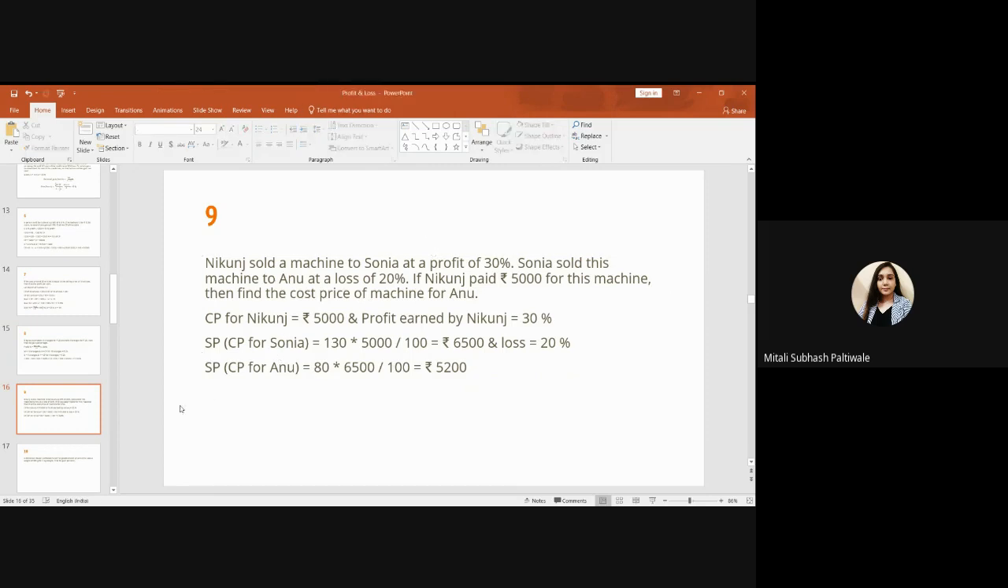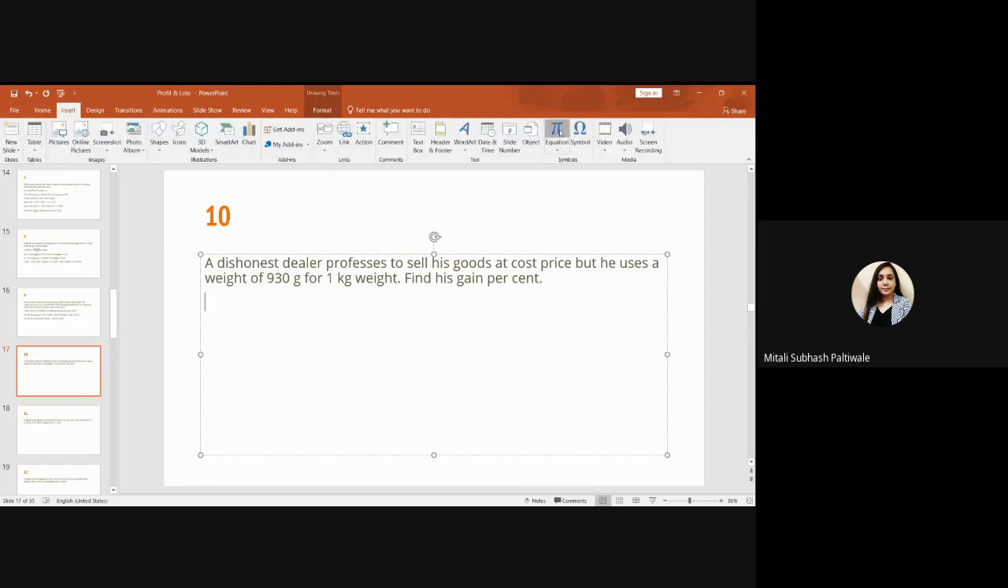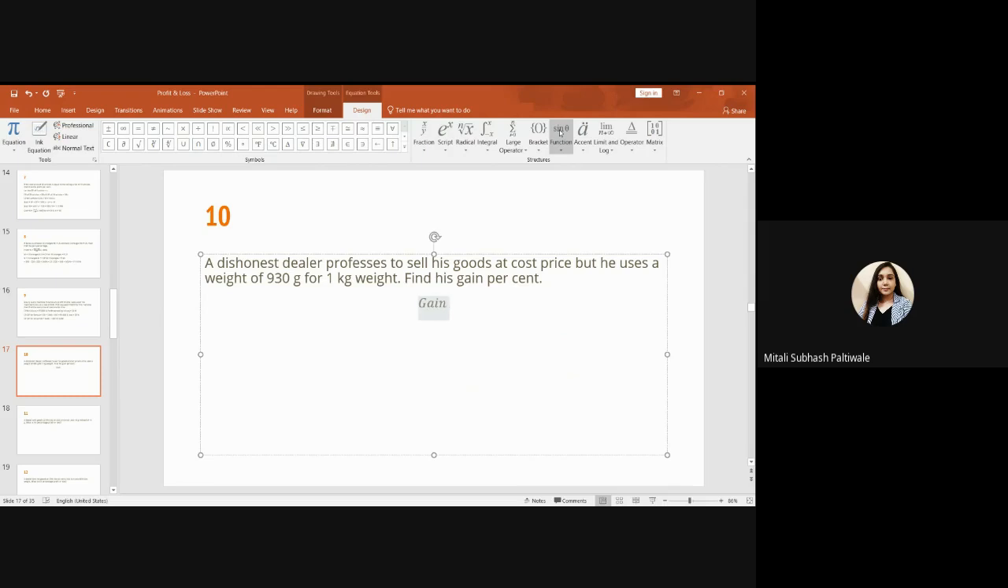Now the next one. A dishonest dealer professes to sell his goods at cost price, but he uses a false weight of 930 gram instead of 1 kg weight. So find the gain percentage. Now here are some formulas which are based on false weights. So the first formula is gain percentage is equal to,